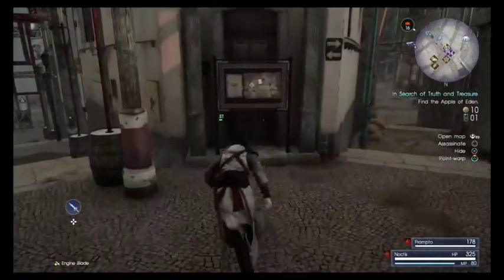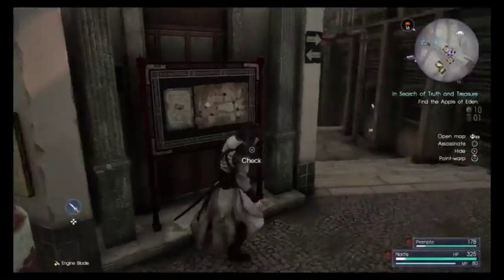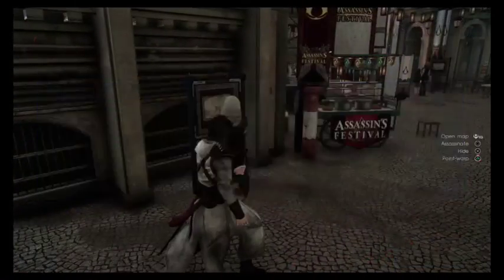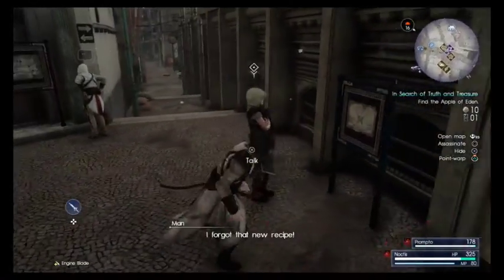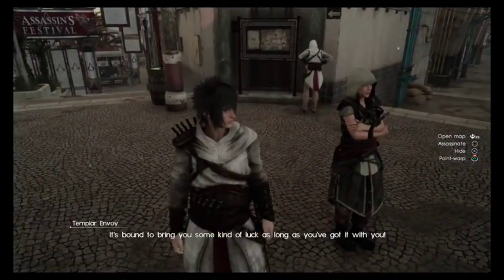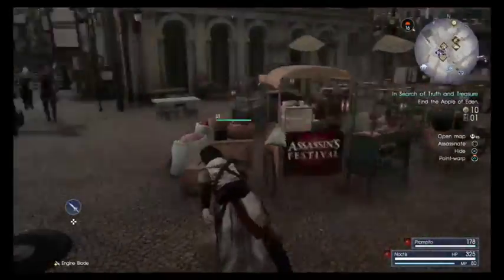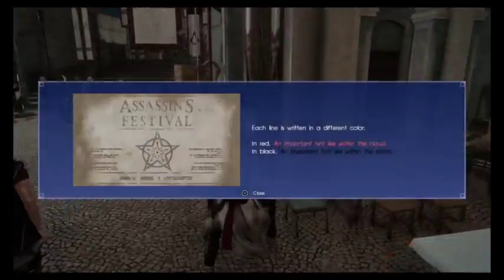Because we now know that that one is a lie. So, yes, I mean, if you actually talk to her, she'll just giggle. Bound to bring you some kind of luck, as long as we got it with you. Got a very evil little laugh. So yeah, if we head to the star...